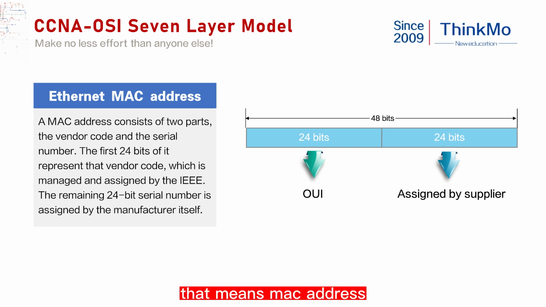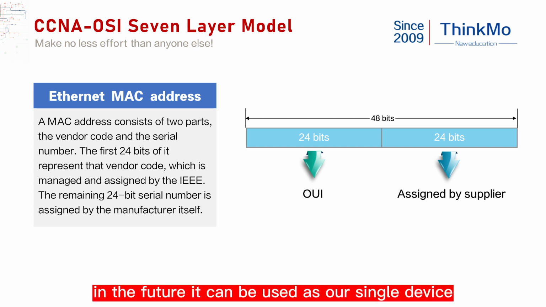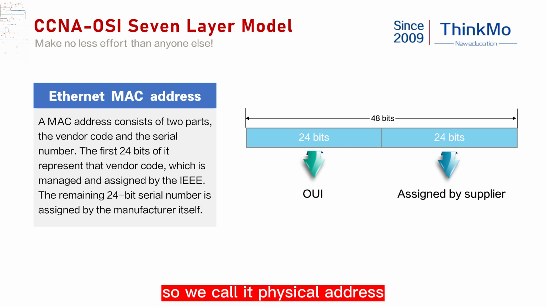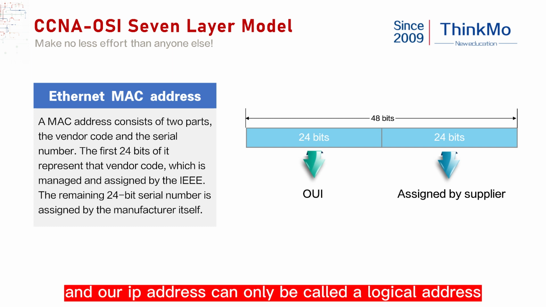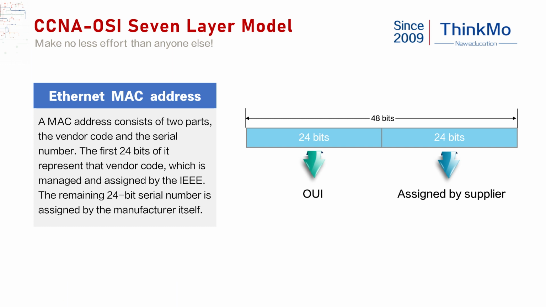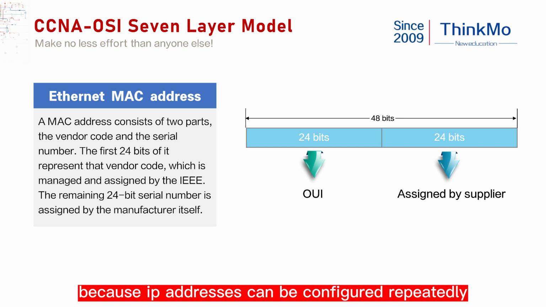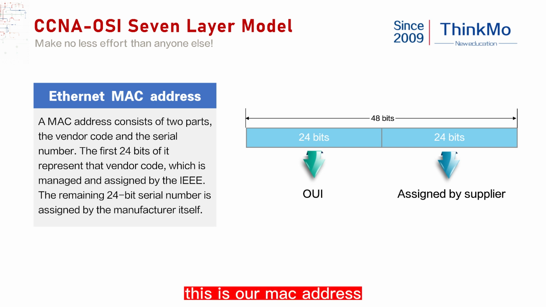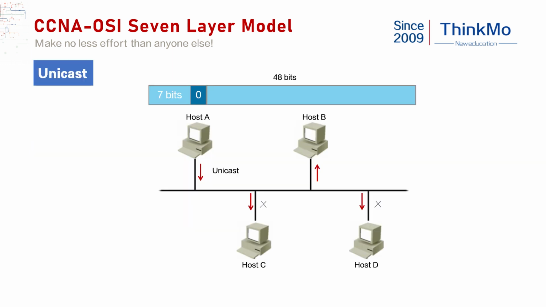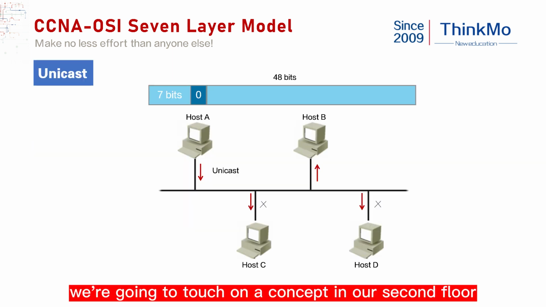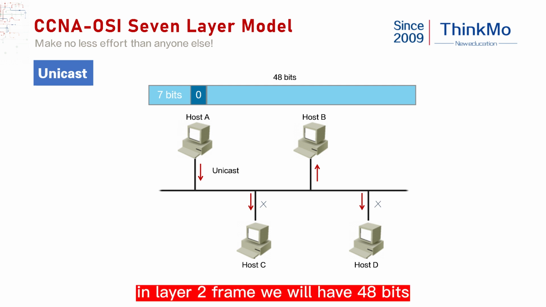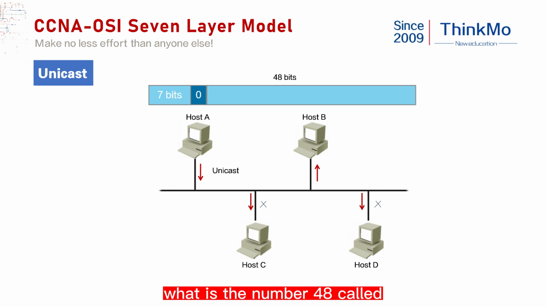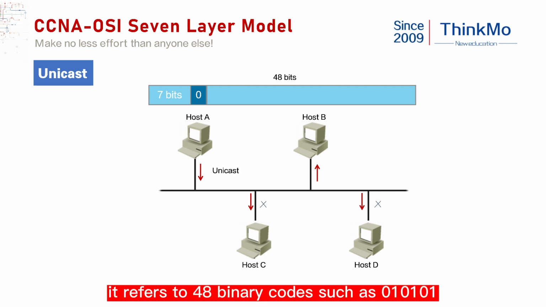So you don't need to worry about this. That means the MAC address can be used as our single device's real identity. So we call it the physical address. And our IP address can only be called a logical address, because IP addresses can be configured repeatedly. This is our MAC address. Then let's go down. We're going to touch on a concept in our second layer. Everyone can see, in the layer 2 frame we will have 48 bits. What is the number 48 called? It refers to 48 binary digits such as